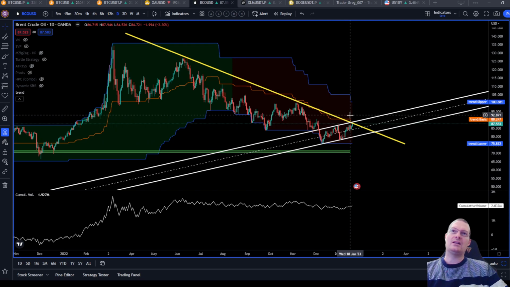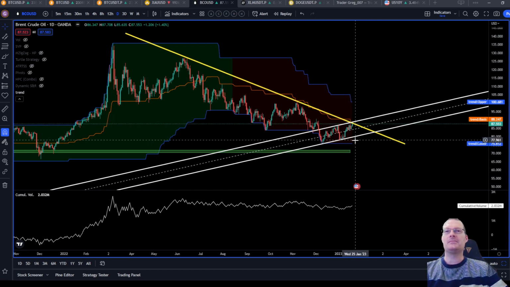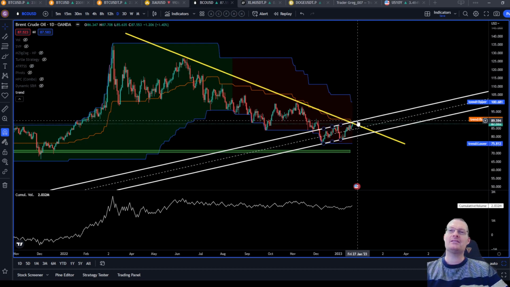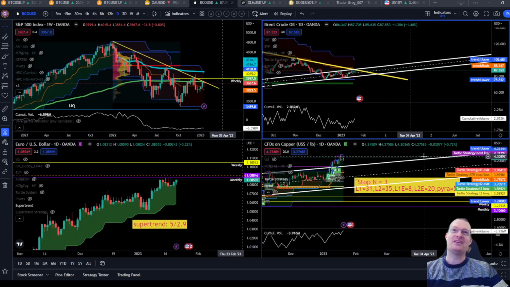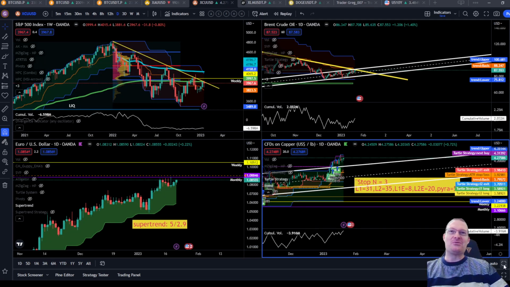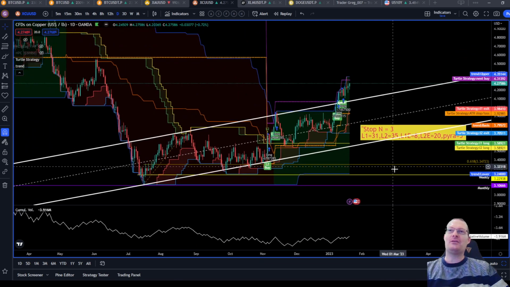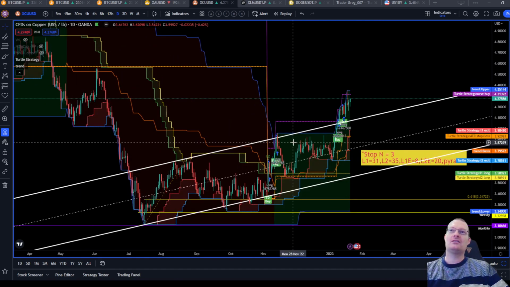Then there's also a midline of the Donchian channel. So if we can break that, then I think we can also look. Well, I don't know if we can look forward to it to have higher fuel prices, but yeah, well, that would be a consequence. And then copper,